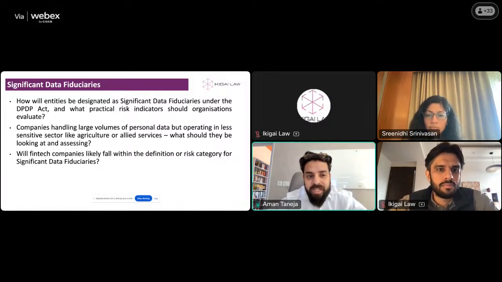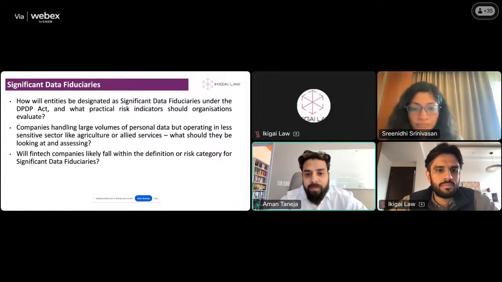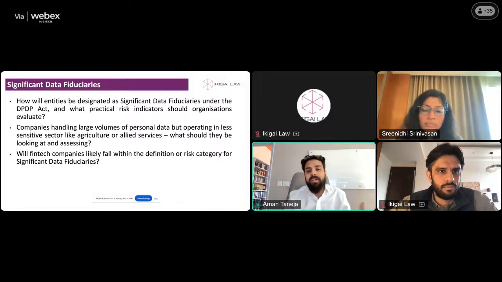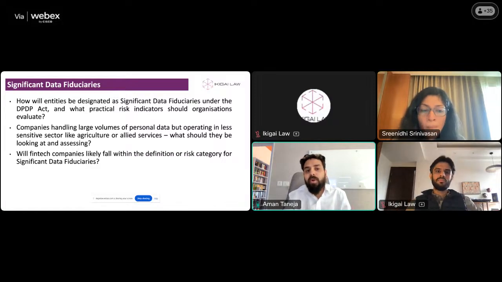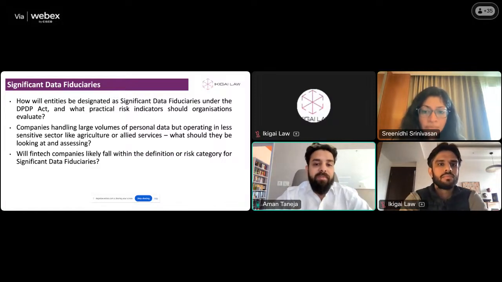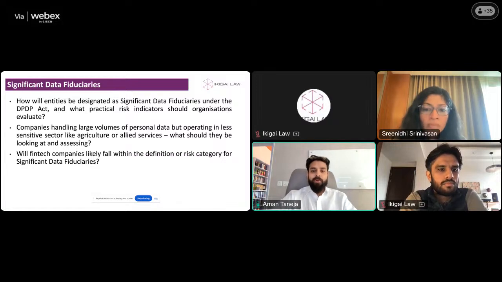Plain reading of the law seems to suggest that it's going to be an organizational wide designation. But any tips, tricks, or do you just make peace with it? Because in terms of obligations, yes, you will have a DPO at an organizational level. Then perhaps, or just any thoughts you might have on this, on whether you want to do a DPIA across the board then.